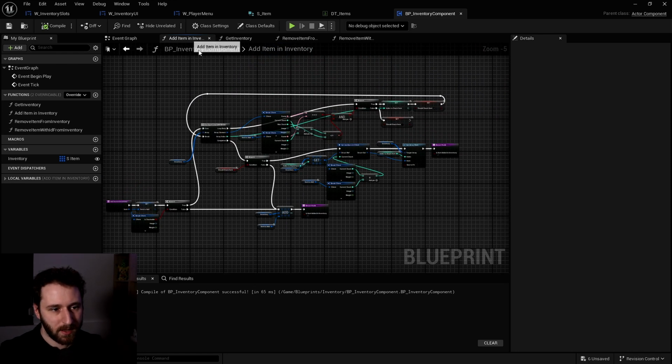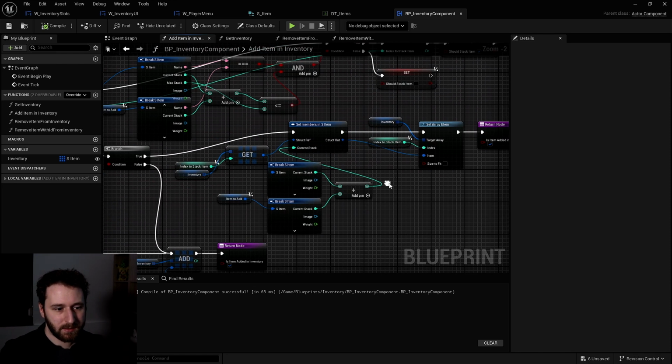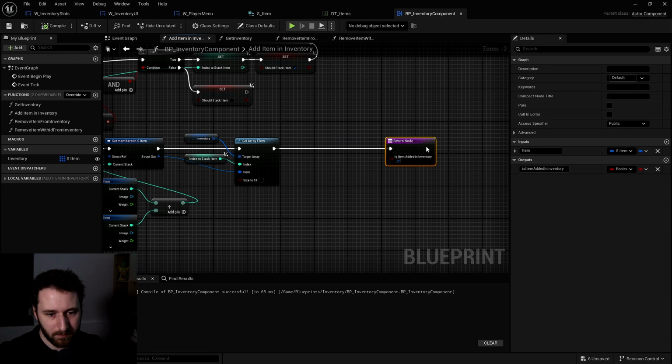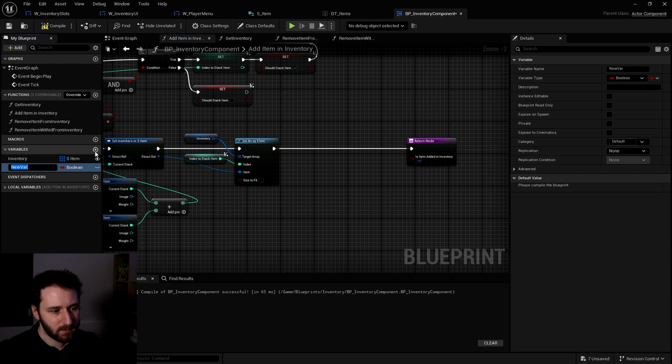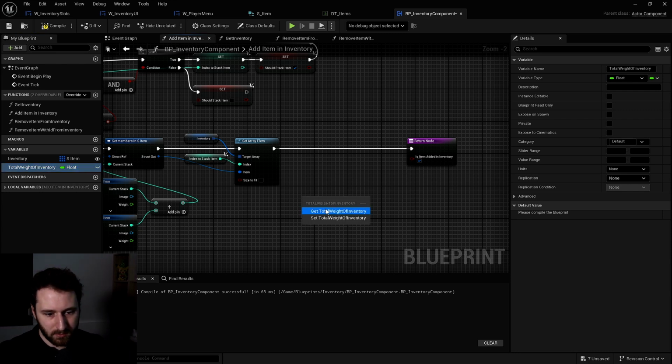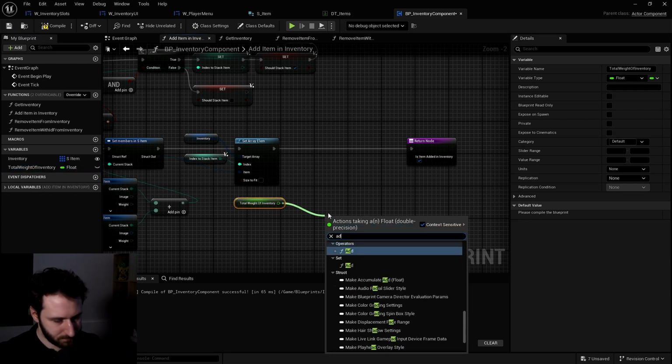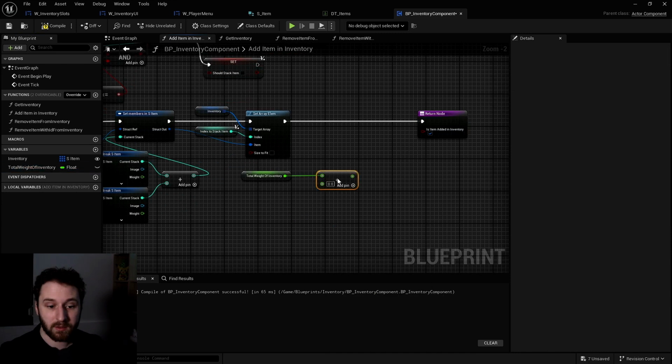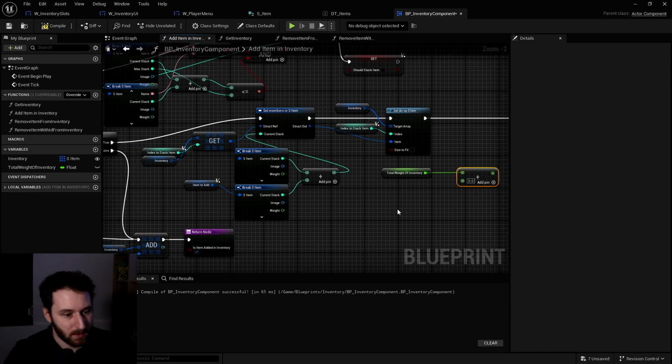So when we add an item into our inventory, in here we are adding a new stack. We need to update our weight. So in here we will create a new variable called total weight of the inventory, of type float. Get that total weight and we will add the weight of the item that we just added.